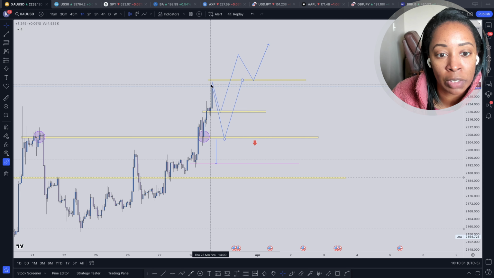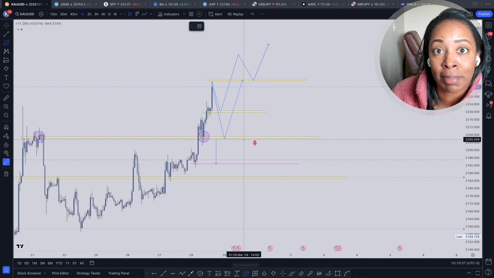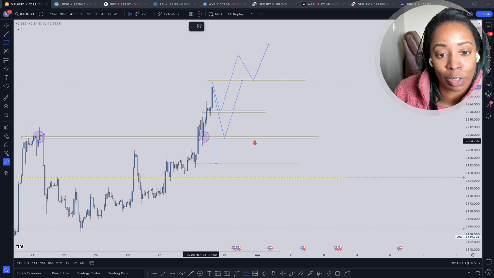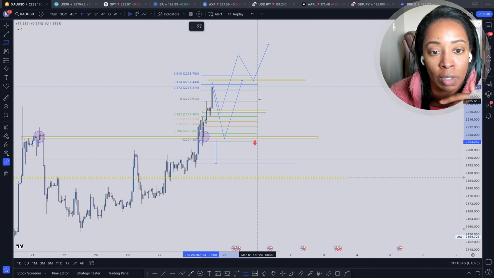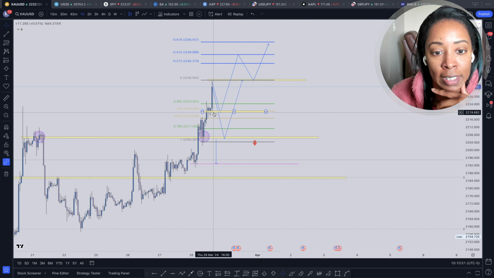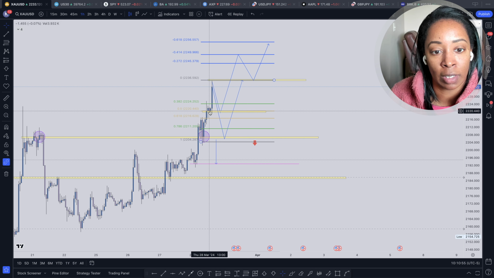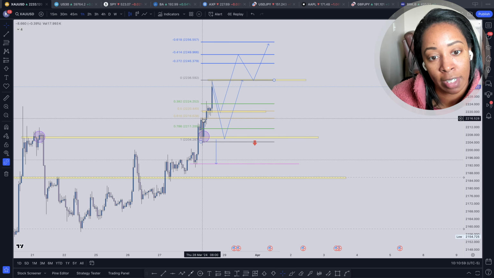And typically when price makes a high like this, there is some sort of retracement. So we don't know what that can look like. Sometimes I do like to use the Fibonacci retracement tool. Now there's nothing super magic about it. I just really like to use it as a ruler. So here is the high up here. And as you can see, these levels that I drew, it pretty much lines up perfectly. So this is the 50% level right here. The 61.8 is basically perfectly touching these rejected candles right here.